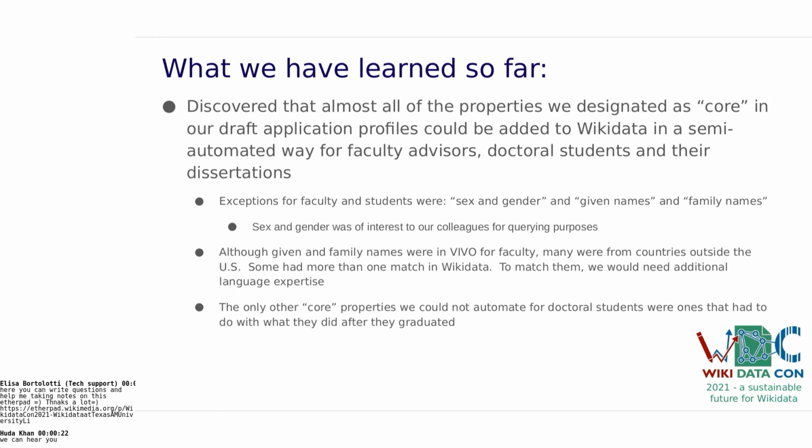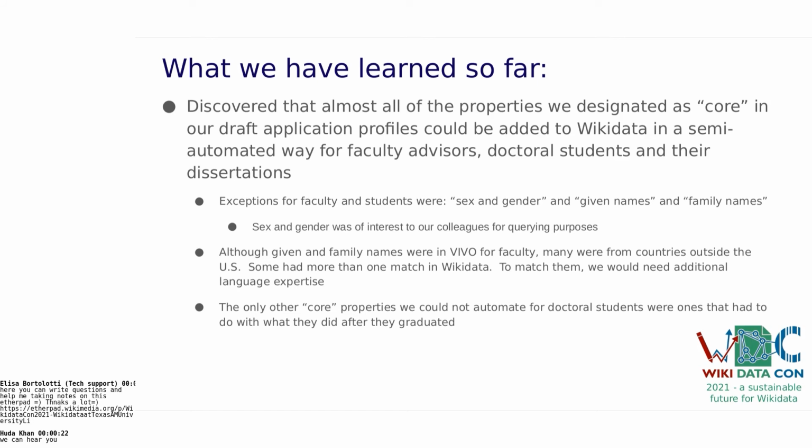One of them was sex and gender, and we went back and forth about whether we should include this at all. But when we consulted with colleagues in the scholarly communications unit, for instance, they said it was of interest to them because they were interested in pulling demographic information. So we ended up including that if we could find a reference with the use of pronouns, but we couldn't. Obviously, it was not something that was in our repository or in VIVO.